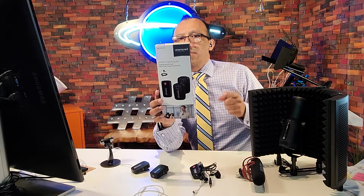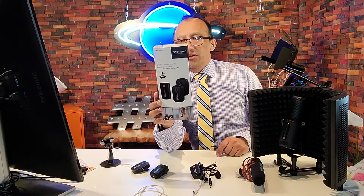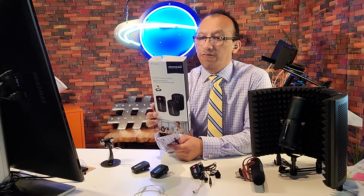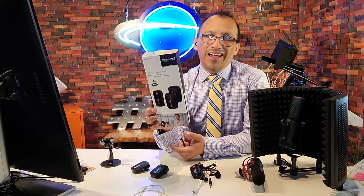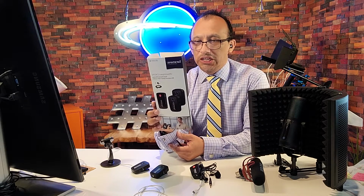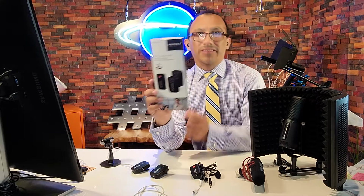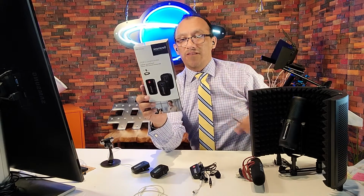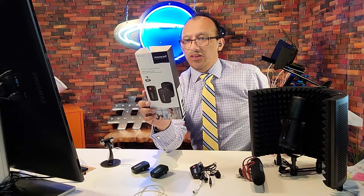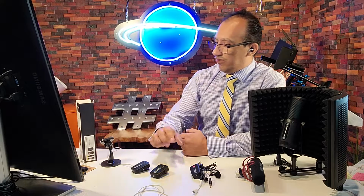It gives you about 2.5 meters in range, so that's pretty good. Now, realistically, it says you can do 164 feet in range. I don't trust that. I would probably say 2 to 3 meters is pretty good, and it does really well. It uses 2.4 gigahertz, which is a longer-range frequency versus 5 gigahertz. So that is great. It powers up via USB-C,